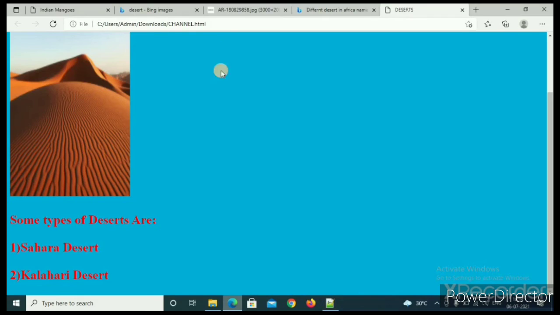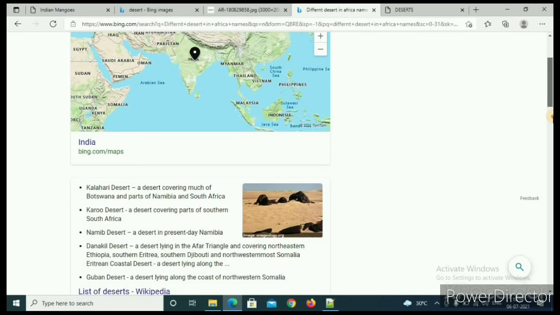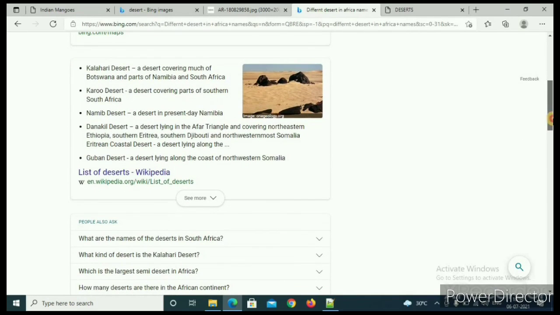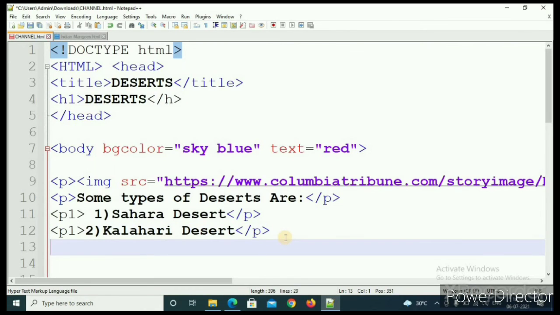Okay, and then I will see some desert names from here. Yeah. Namib Desert, Danakil Desert, Karoo Desert. I will write Karoo first. So do the same.